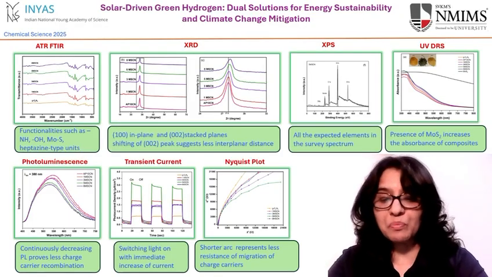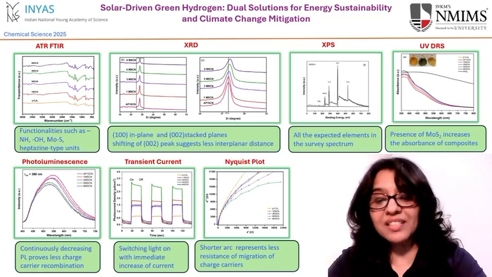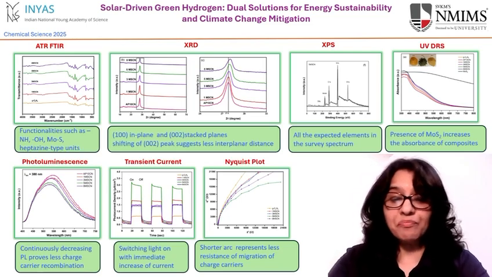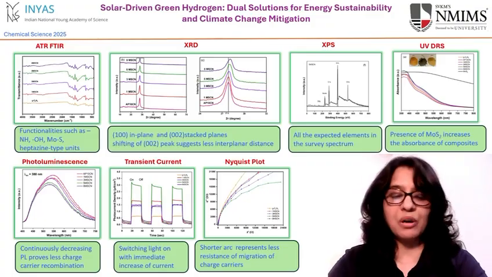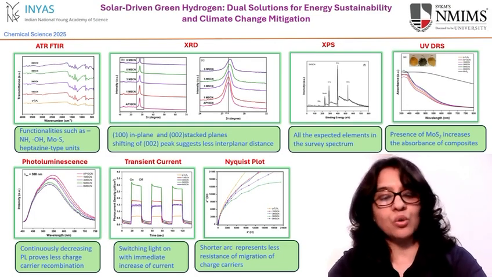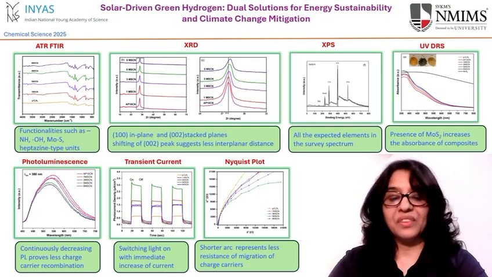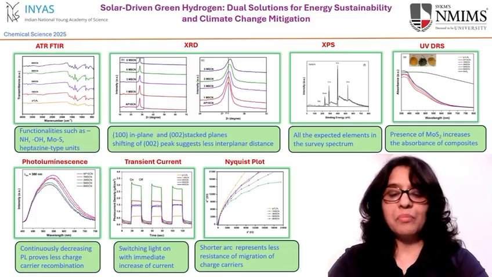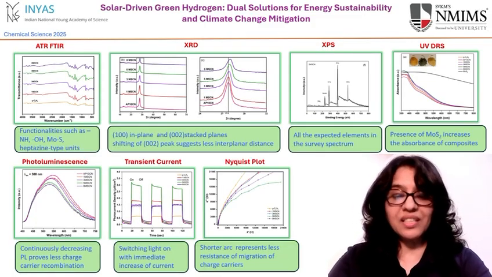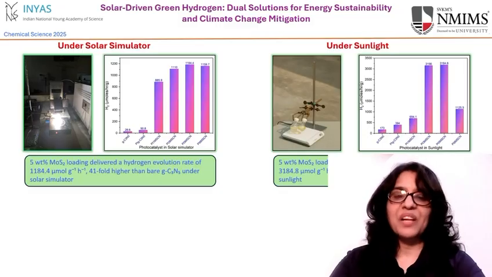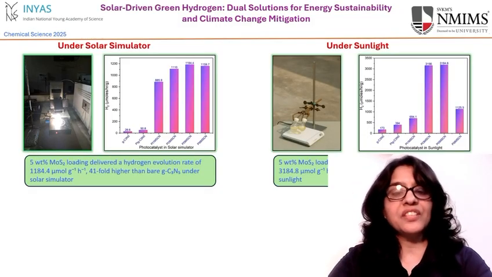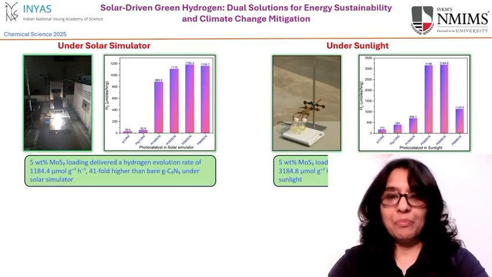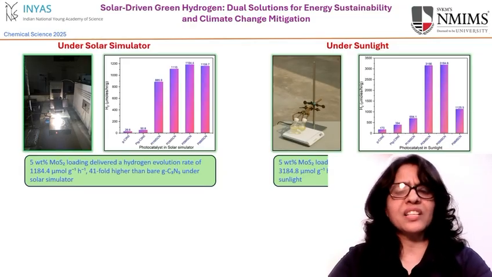We then performed PEC and found in the transient current experiment that the 5% loading of MoS2 on GC3N5 gives the highest amount of current as soon as the solar simulator is switched on. The Nyquist plot shows this ability is due to the least resistance of charge migration in this particular composite. Armed with this knowledge that the photosensitivity and photoconductivity of my composite is high, I performed HER under a solar simulator